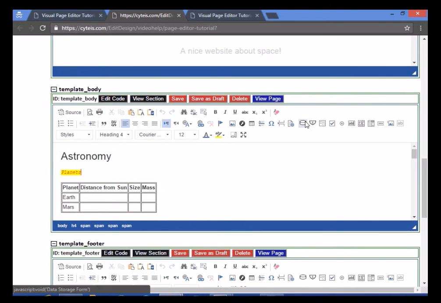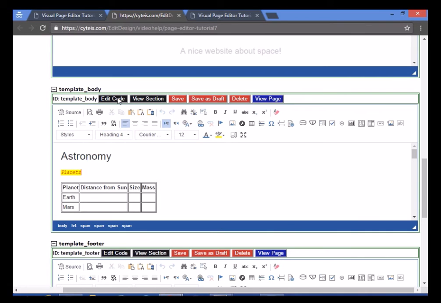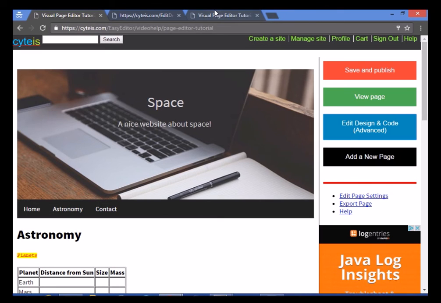Also, if you want to start storing dynamic data, such as the data collected from forms, you should check out the tutorials on data buckets. Both of these can be integrated into your page easily on cyteis.com